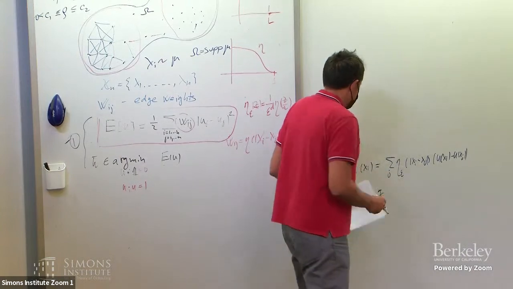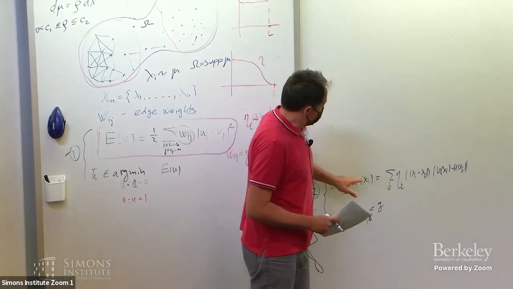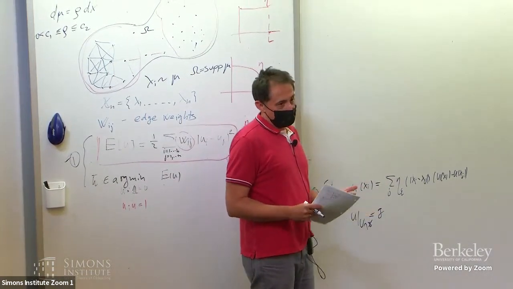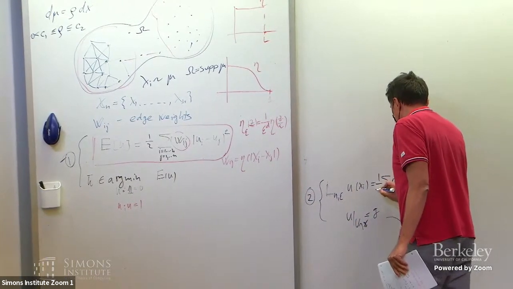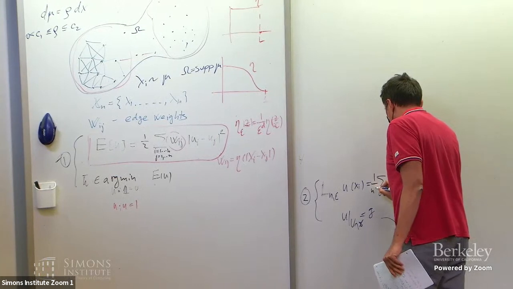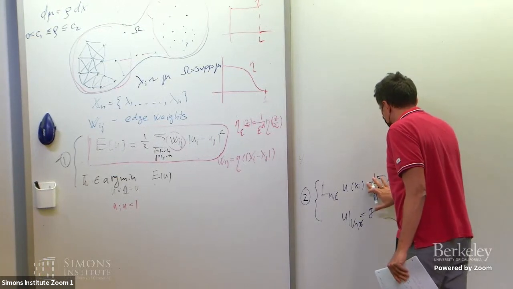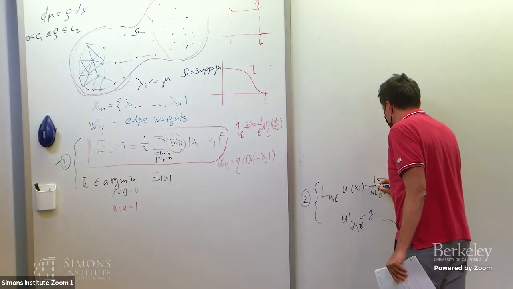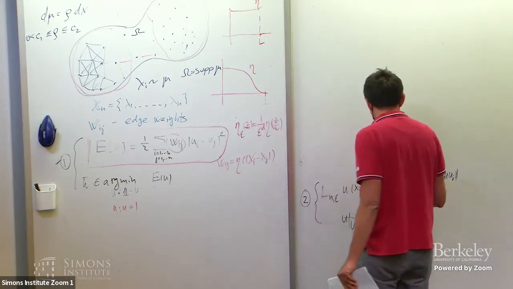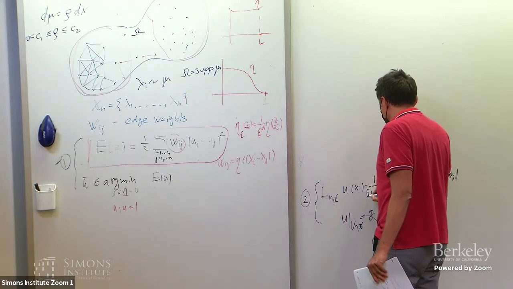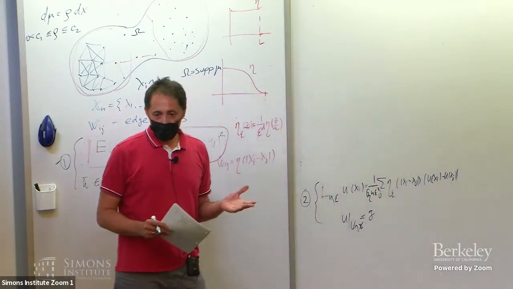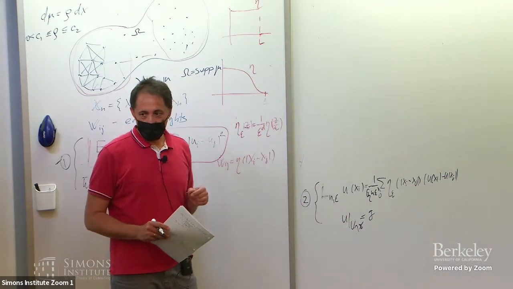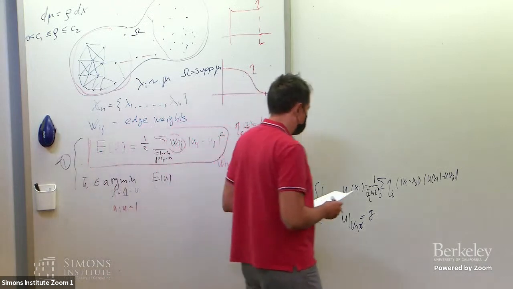Okay, so since I want to take those limits, I want to scale things in such a way that they will make sense in that limit. So I'm going to divide this by 1 over n epsilon squared. And there is also one constant of proportionality that depends on the kernel eta, which I'm going to call sigma eta, and I'm only going to specify it later. But again, this is just a positive real number, which depends on eta. So given this,